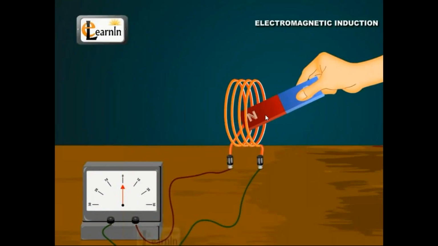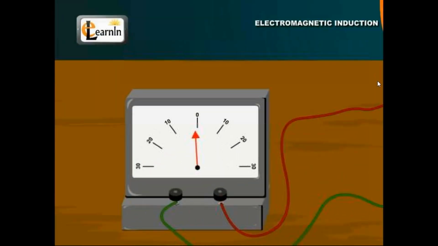See, if you observe here, the coil is stationary and the magnet is in relative motion. When the magnet is moving, it shows an indication. If both the coil and magnet are stationary, there is no flux linkage. When the magnet moves, it shows some value; when it is stationary, it won't show any value. Now observe here the magnet is stationary. The magnet is moving. The deflection indicates that current is set up in the coil.